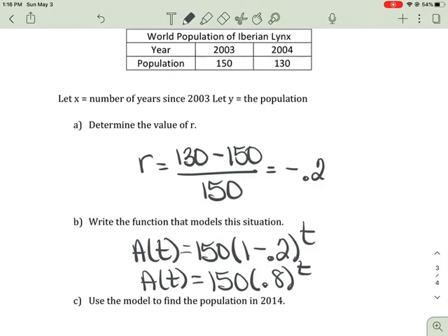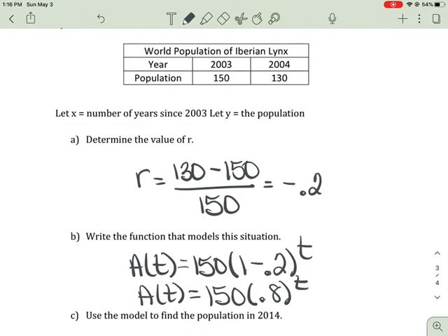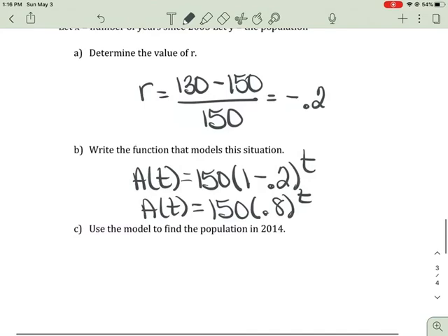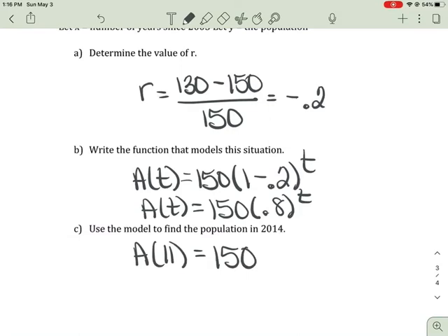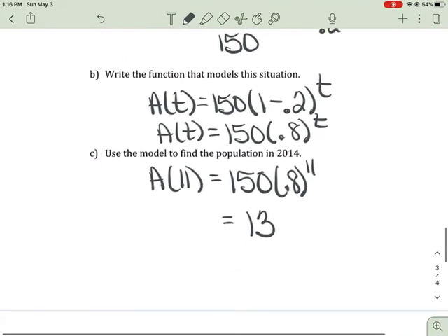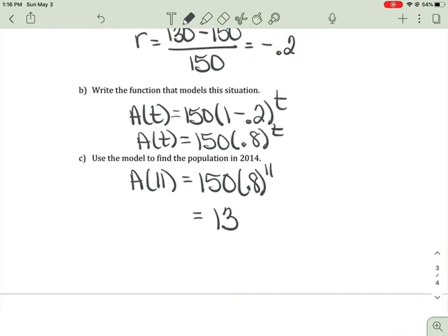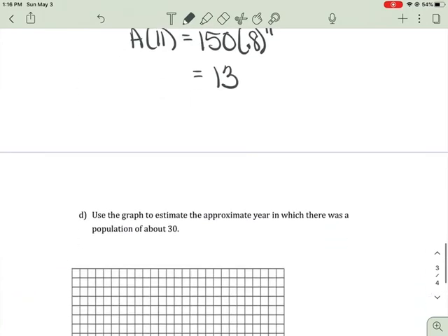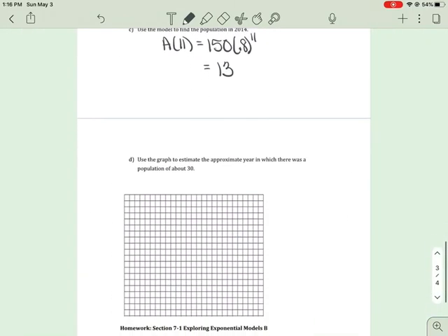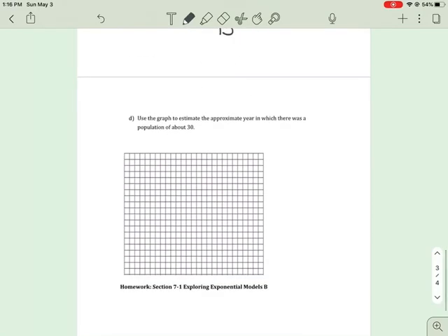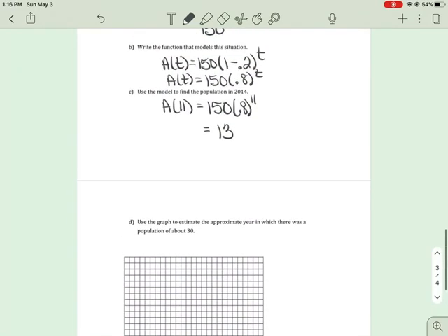It's amount after time. So we're going to find the population in 2014. That's 11 years since the original amount. So our amount after 11 years is 150 times 0.8 to the 11th. So I got about 13. So that means there'll be about 13 lynx. If it was still decreasing, I wonder what it would be now, if that's true. So again, we're going to want to use our Desmos to figure out